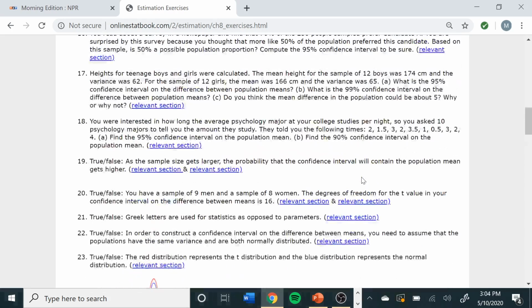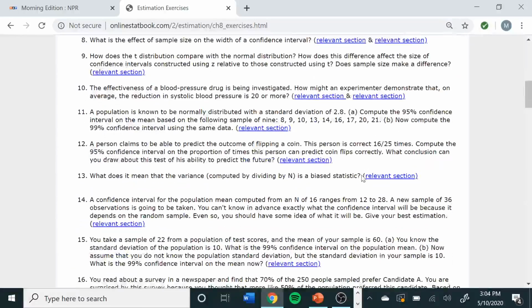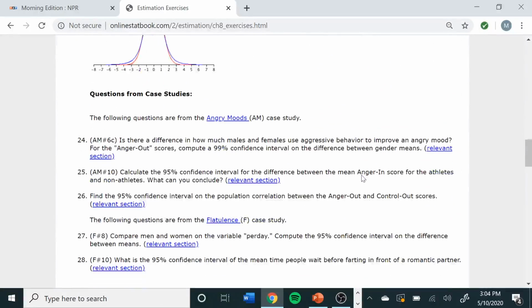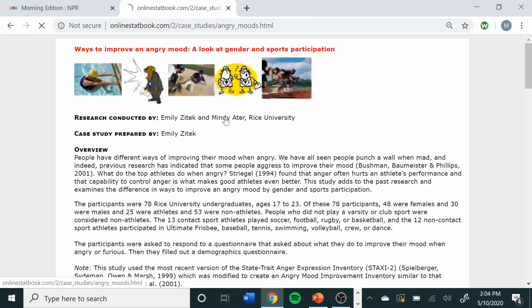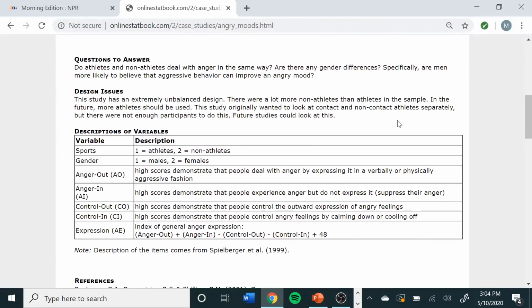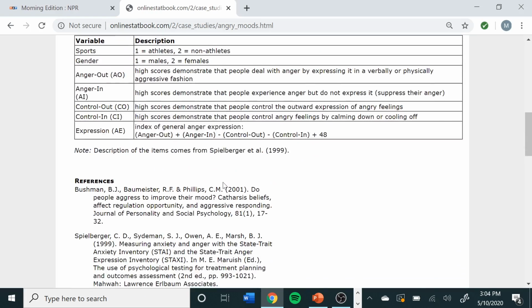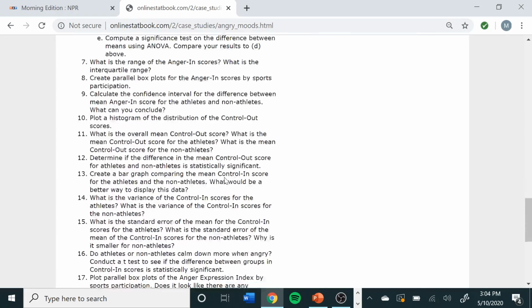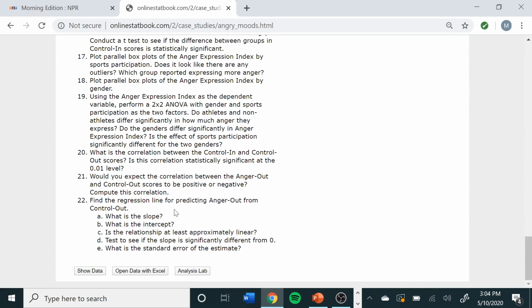So here we have Lane's book, his online stat book. To get to a case study, notice these first questions here, 24 through 28, etc., those refer to the Angry Moods case study. To find them, you can click here on the Angry Moods link. There's a description of what the study is. This tells you what some of the variables are and what they mean. And then to find the data, if you scroll down to the end, you want to use Open Data with